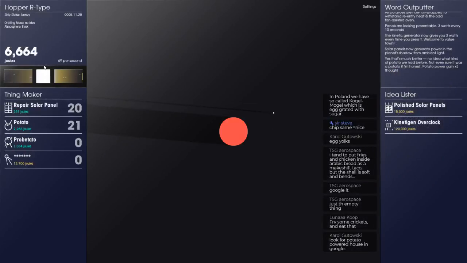All right, cool. Right, how far has this got in the meantime? It's doing pretty well, good. We could buy more potatoes, or we could try and push for the 15,000 joules. What do you guys think we should do? More potato or joules, or polished power? Potato, solar panels. Potato, solar panels. Let me know, guys. Which one do you think we should do? I'm really interested in your responses here, please.